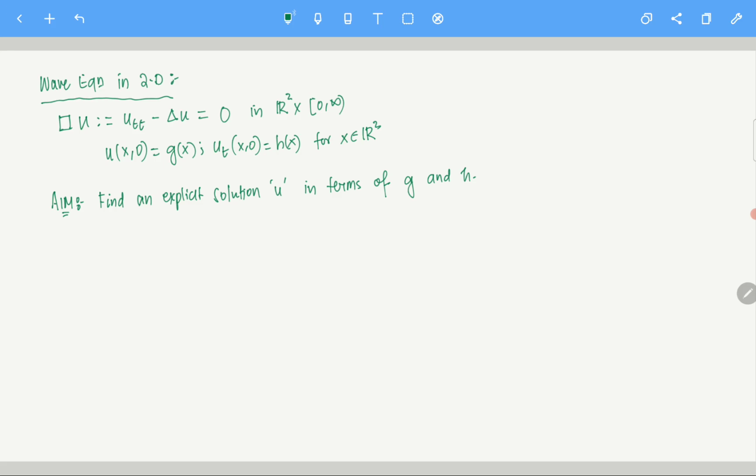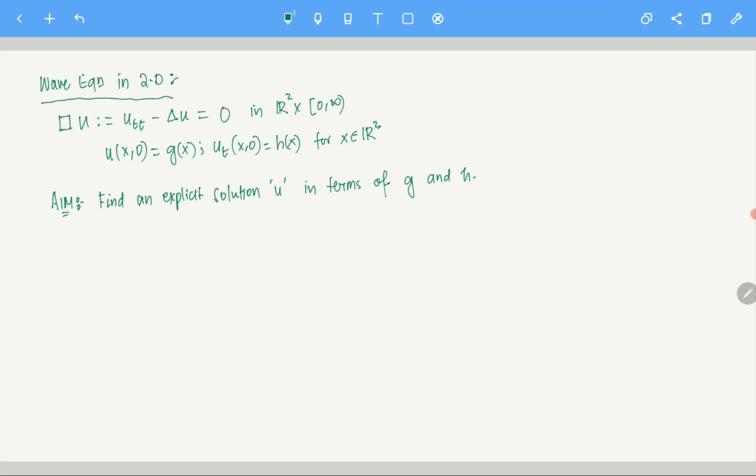Now if you remember, in the three-dimensional case we defined u by a spherical mean, and then you define u tilde, which is like r times u and so on. All of those we defined, and after that we deduced Kirchhoff's formula, right? But here we are not going to do something like that because it won't work here.